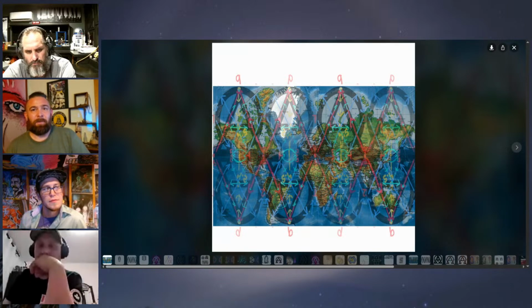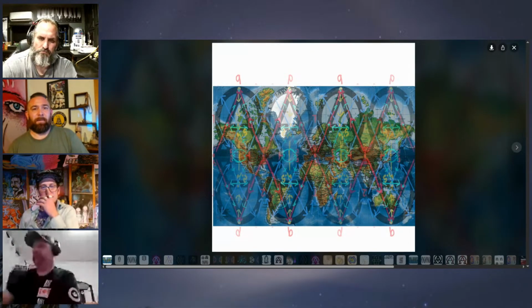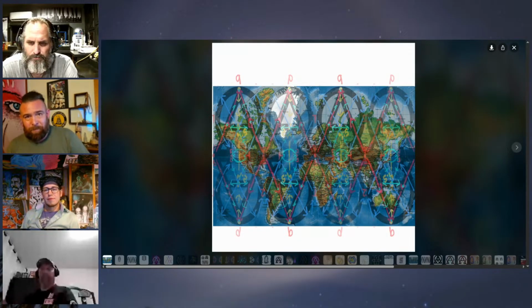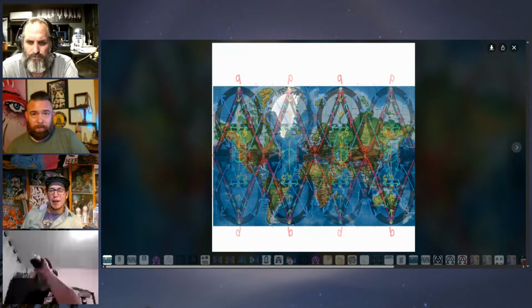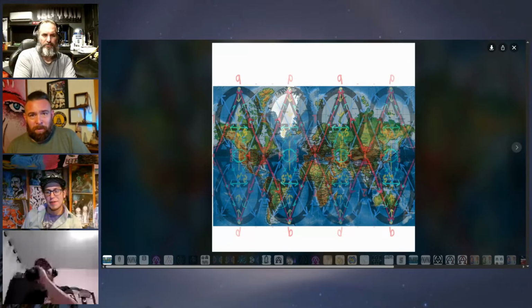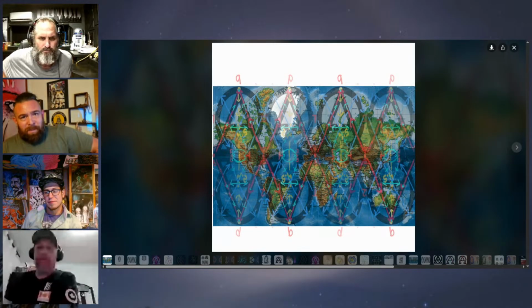When you look at where certain major intersections of the lines all go, they all approximate major locations on this planet. Washington, D.C., because they knew. These are the ley lines. It's all ley lines. Rome, China, and one of the places that came up surprisingly in China was a cave